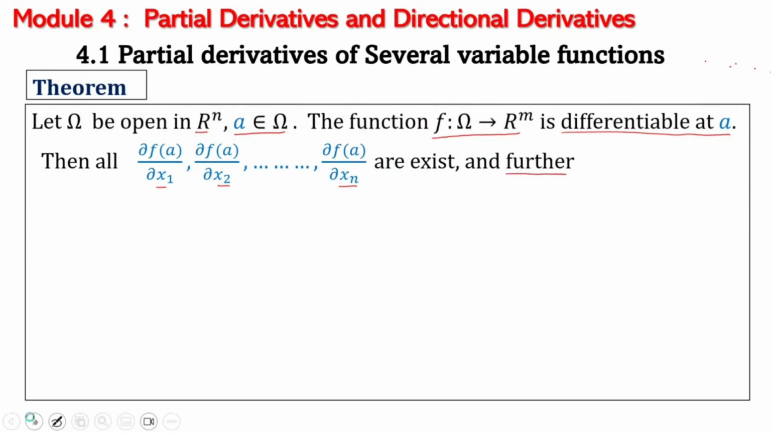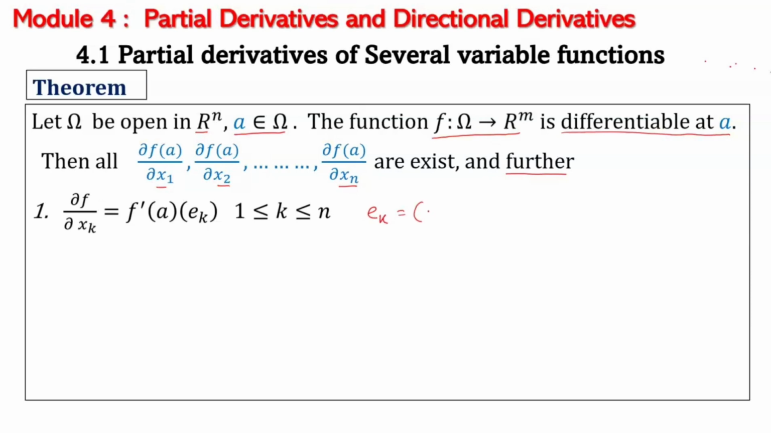And further we have the partial derivative with respect to a particular variable k, xk, which is f'(a) e_k, where e_k is the unit vector 0, 0, 1, 0, 0, so this is the kth entry, and